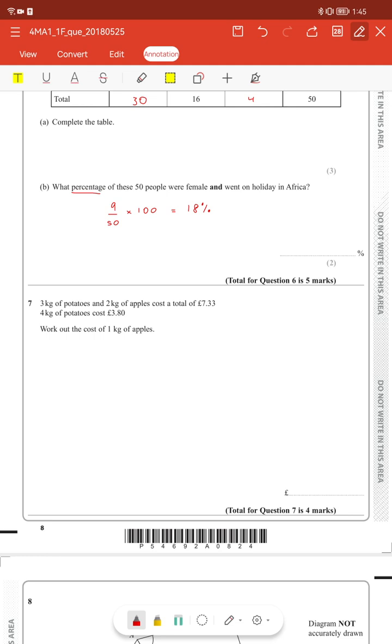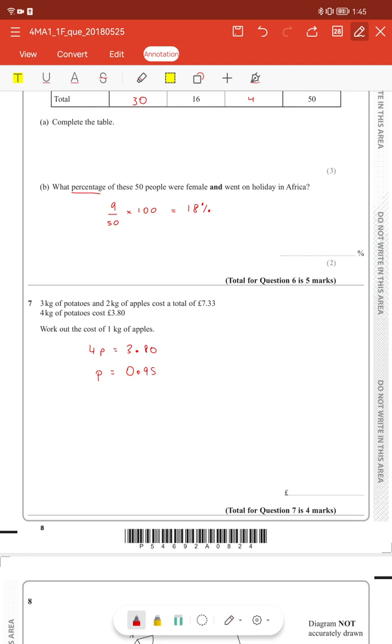3 kilos of potatoes and 2 kilos of apples cost £7.33. 4 kilos of potatoes cost £3.80. Work out the cost of 1 kilo of apples. So 4 potatoes is £3.80. So 1 kilo of potatoes is going to be £3.80 divided by 4, which is